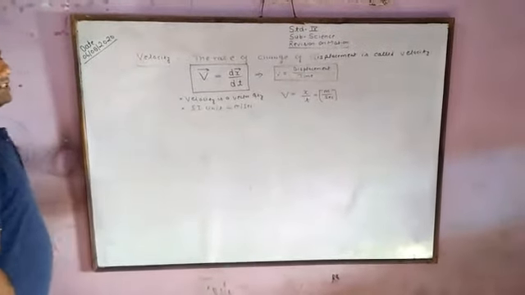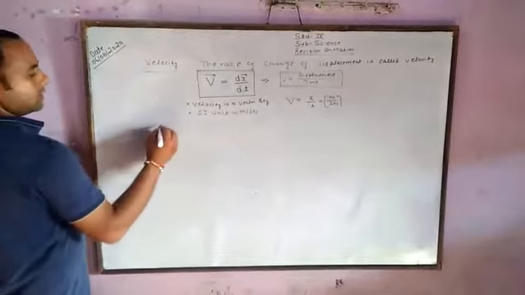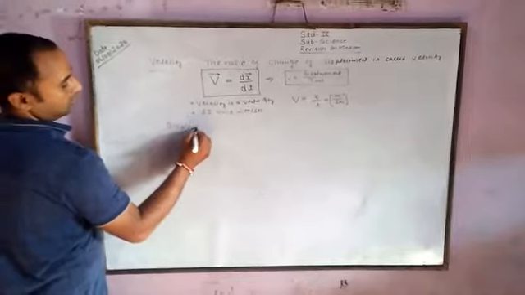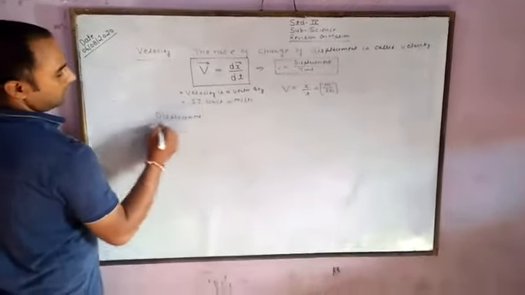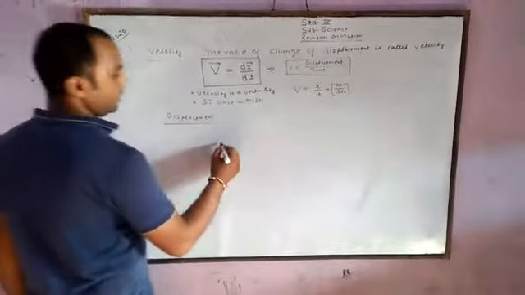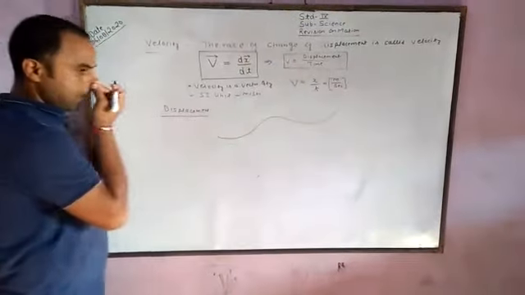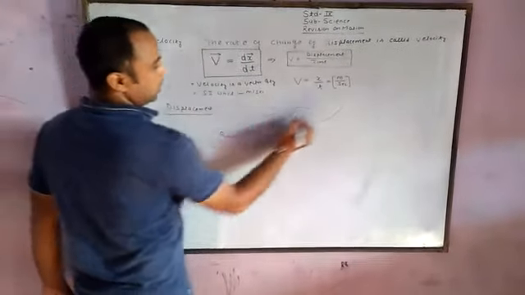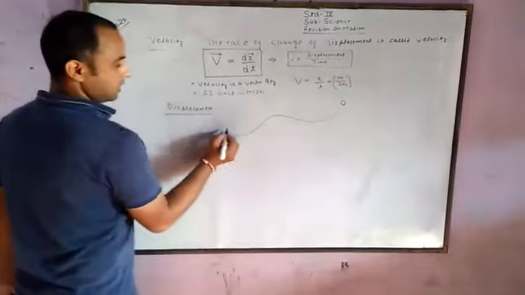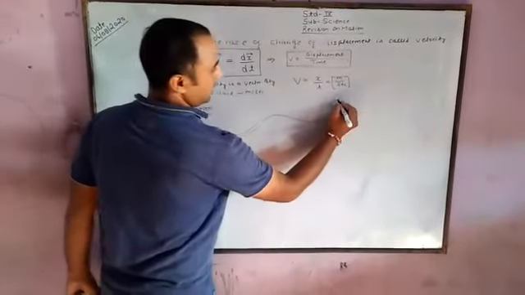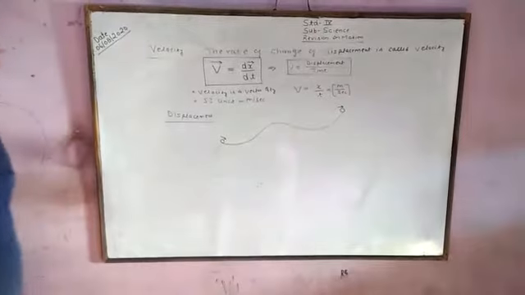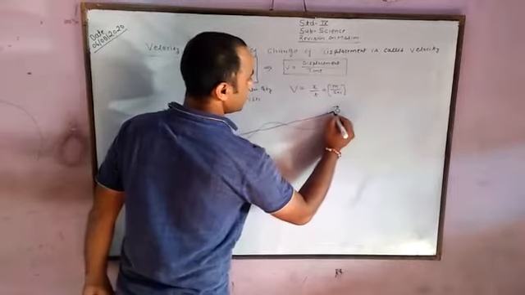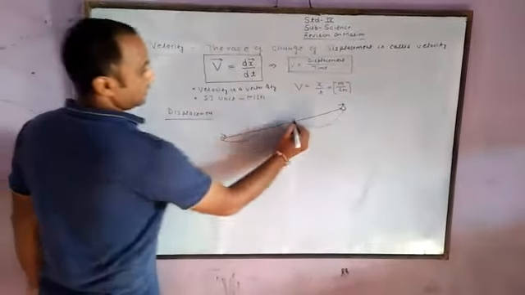After that we are discussing first displacement. Displacement is, if any particle is moving in this path, this is the actual path. If a particle moves from here and goes to here, here the particle is moving and here this particle is. What is the minimum path traveled by the object? This is the minimum path.